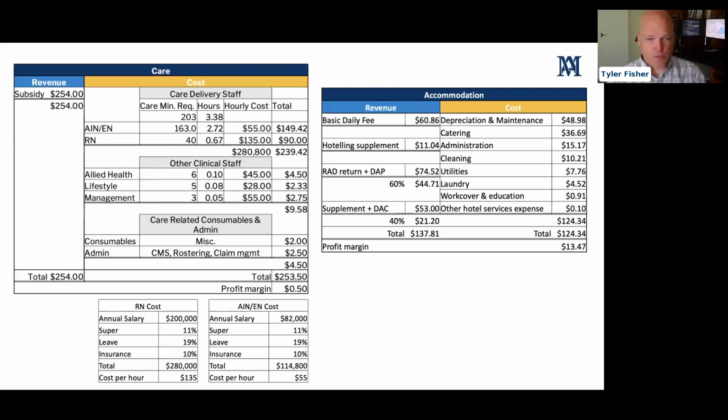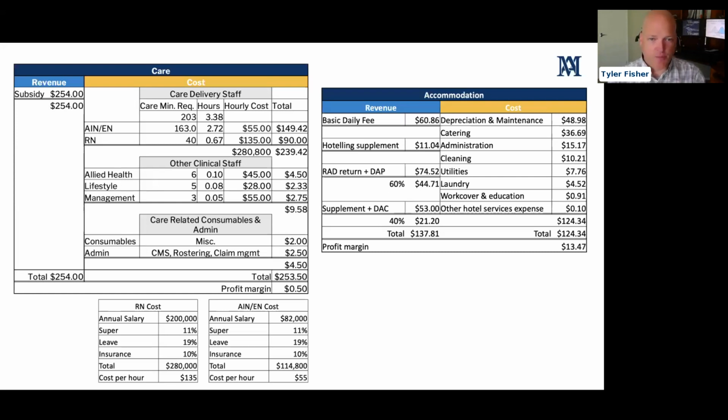And then the other 40% are supplying or attracting a supplement, and may or may not also be making a daily accommodation contribution. Another interesting trend from LLB is that we had around a quarter of the industry qualify as significantly refurbished. Over 80% of the industry is now in that significantly refurbished tier of accommodation supplement. And so again, that is around $21 a day per resident per day.